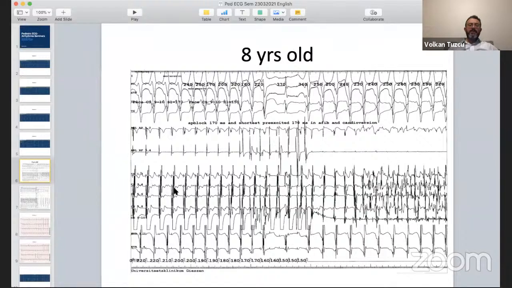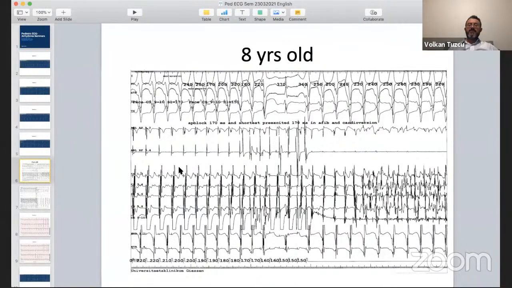And actually what's happening here, let me help you. We are actually pacing the atrium from the coronary sinus, okay? So when we pace the atrium, you see we are pacing really fast. Actually, what we are trying to do here, maybe you notice from the surface, what does this patient have? If you look at the QRS at the beginning, what do you think is the diagnosis? WPW, right? Very good. So this patient has WPW, and this is why the QRS is wide.